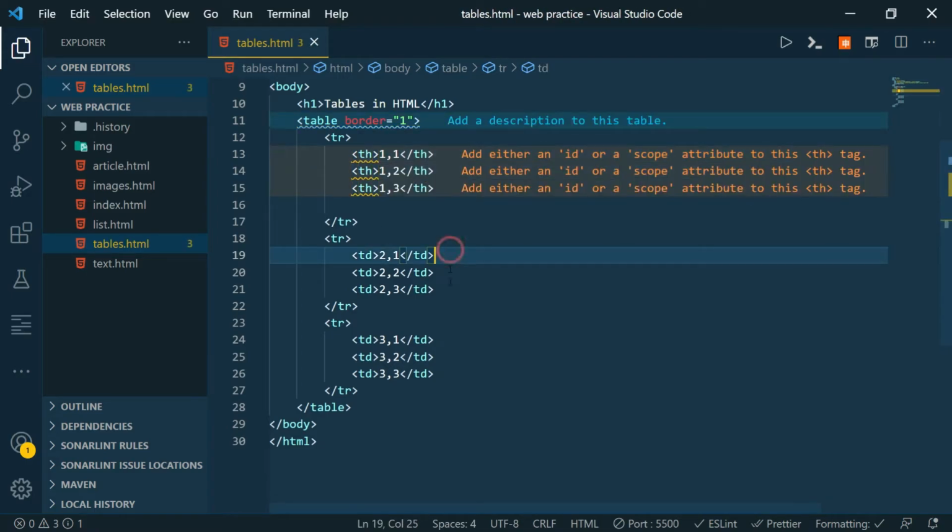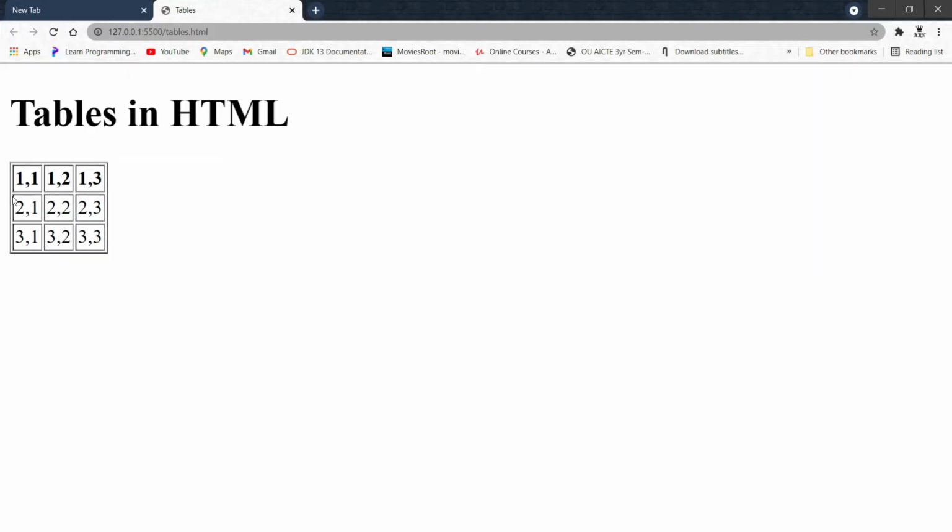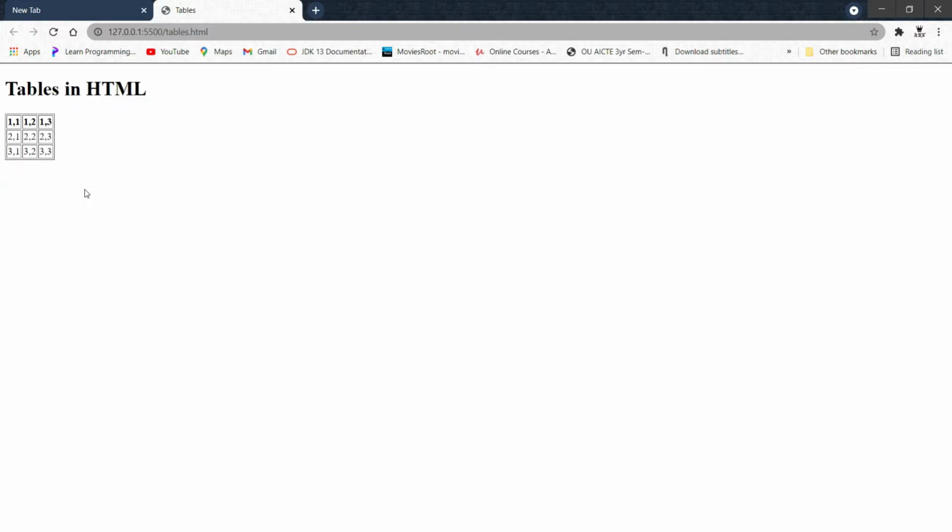So after saving it, let's head to our browser. So as you can see, our elements are being treated as a heading. Now they are bolder than the other elements in the table. And just to specify, a single element of the table is known as a cell in HTML. This is a single cell of a table, and rows are horizontal and columns are vertical. Just to make sure that everyone knows, I know everyone knows that, that is the obvious information.